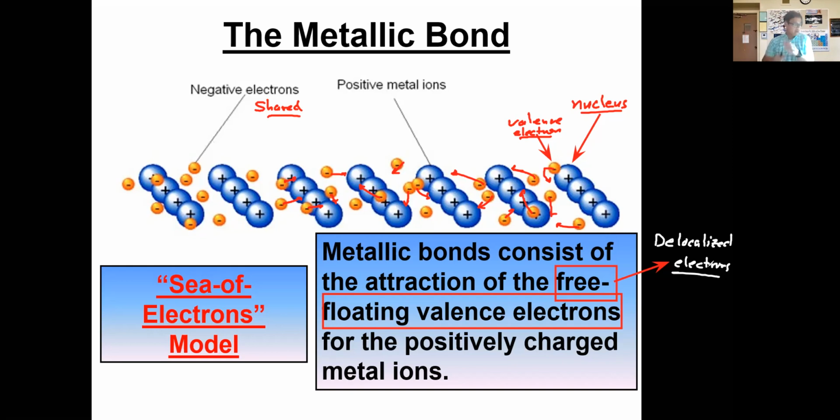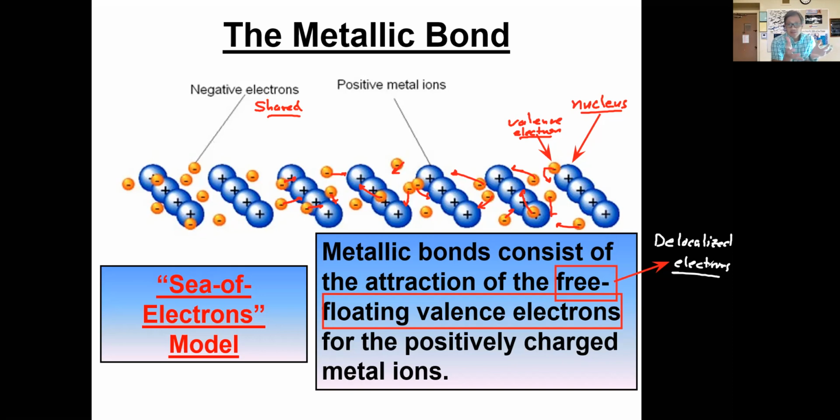Okay, and with that said, we will get to the discussion of covalent bonding in a little bit. But that's what metallic bonding is, and we describe metallic bonding as a sea of electrons. Okay? All right, so that's the theory. That's the explanation that we give. That is the atomic level explanation, the microscopic explanation that we give.